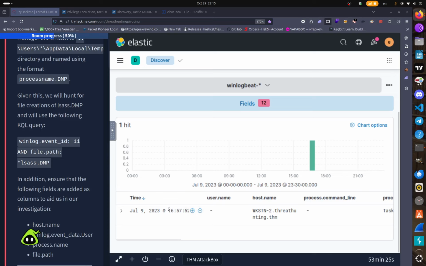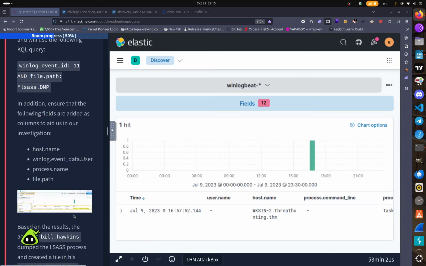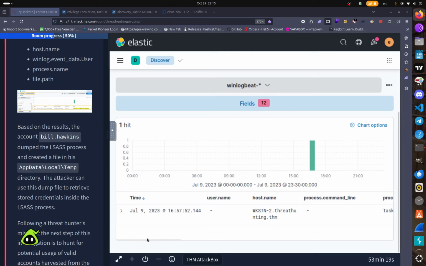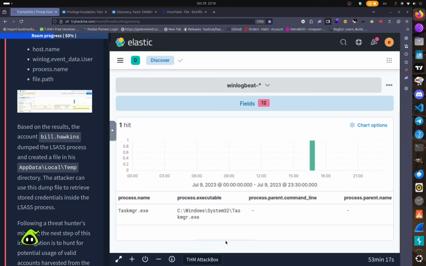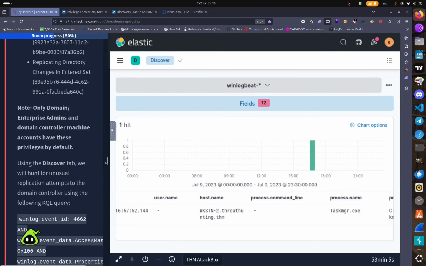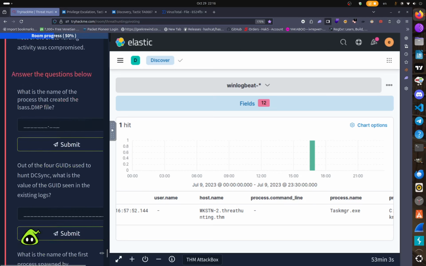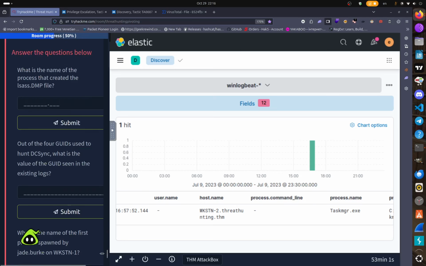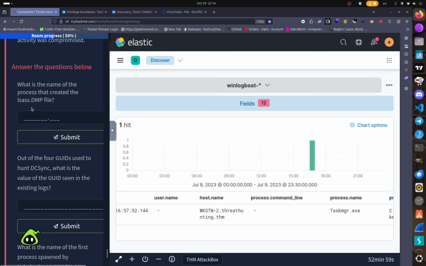Event ID, it's gonna be 11, file creation events, and file path DMP. DMP is the extension of the file that has been created. It's the extension when LSASS credentials are dumped. Let's see what kind of file. What's the name of the file that was dumped? So as you can